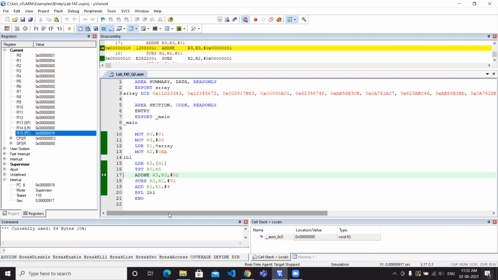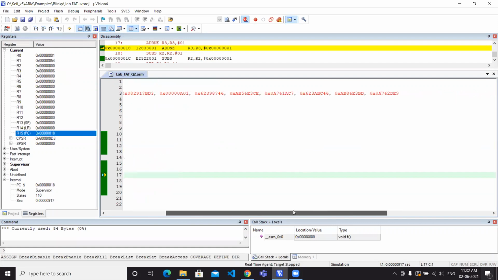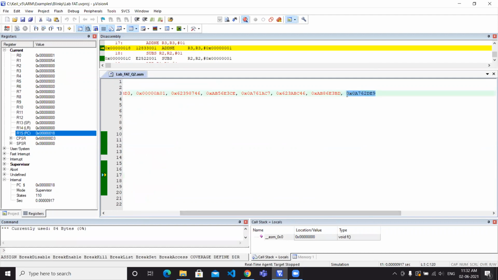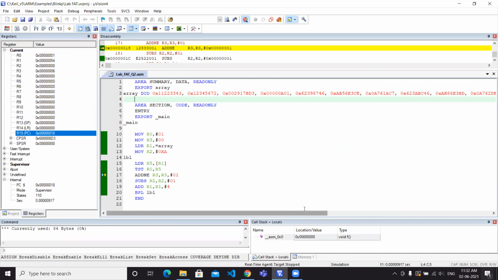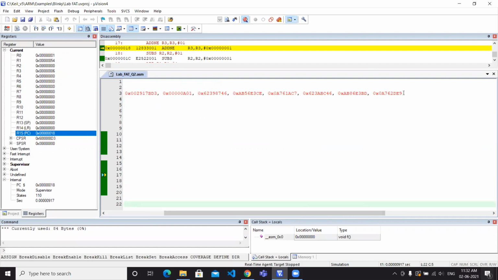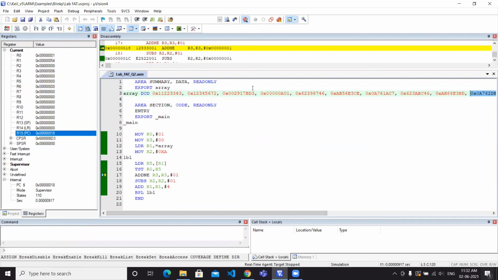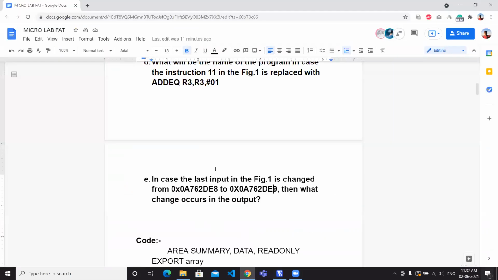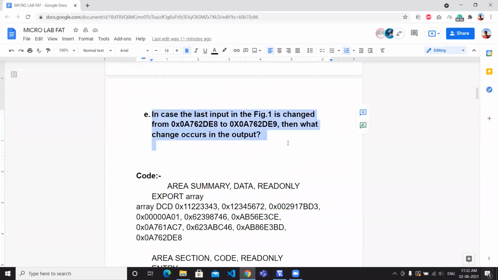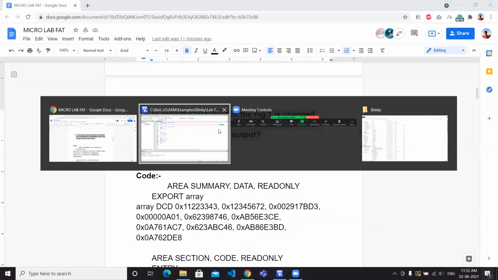Previously it was 5, and we changed the last value from even to odd, so it's 6, and we are getting the right output. So we can stop the debugging, and all the questions are done. Thank you for